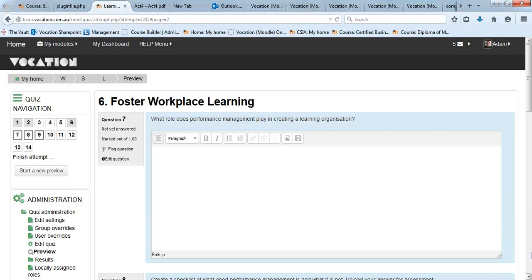Yeah. Sure. So question 7, guys, what role does performance management play in creating a learning organisation? Now, it's really quite interesting. Obviously we're talking about a learning organisation as one that's committed to development. It's one that's committed to upskilling, and that has put all those processes in place. Well, really, performance management is I guess the